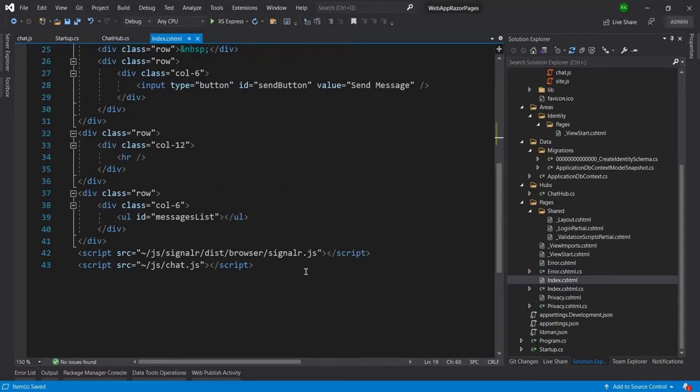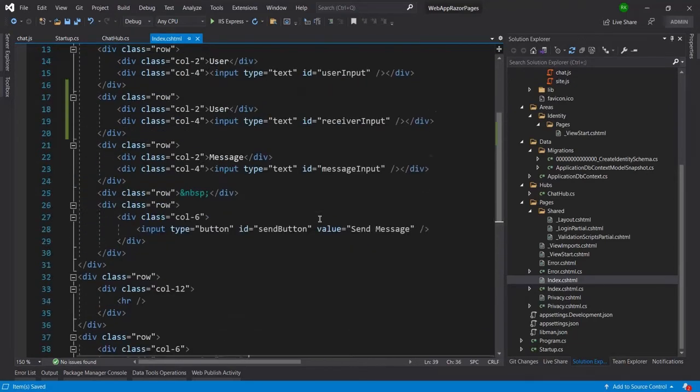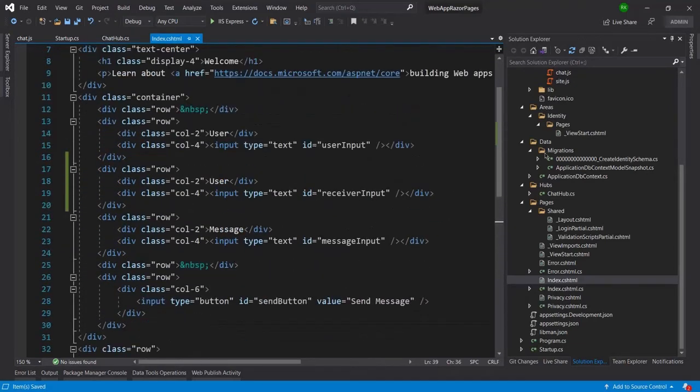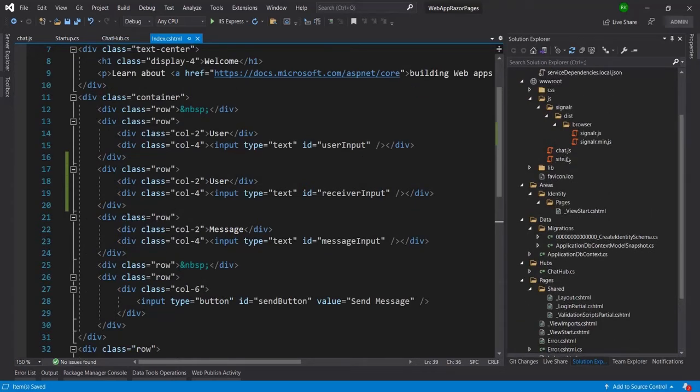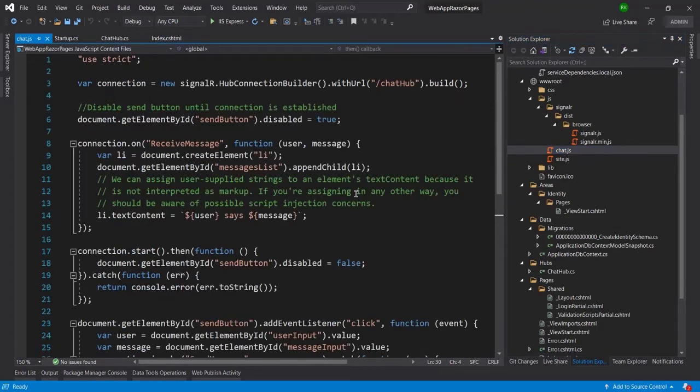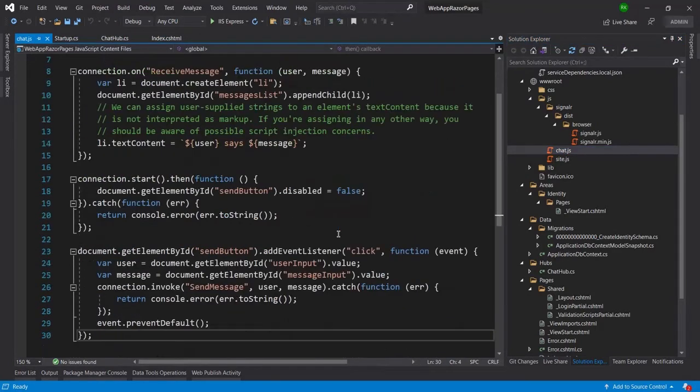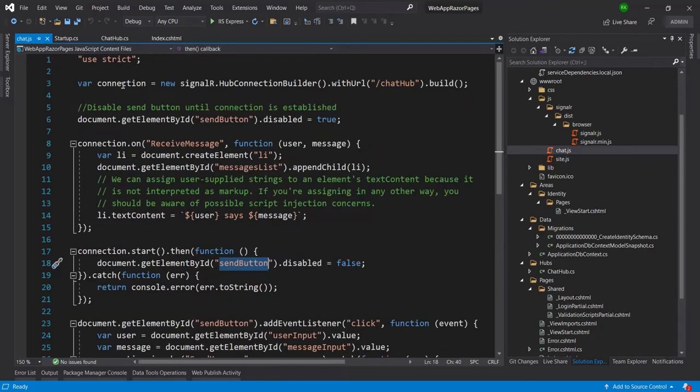And here in this chat.js our code is implemented. So I will go to the chat.js file, and you can see this is the main connection being called, and you can find the connection URL.